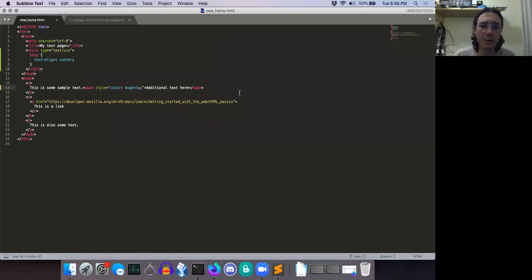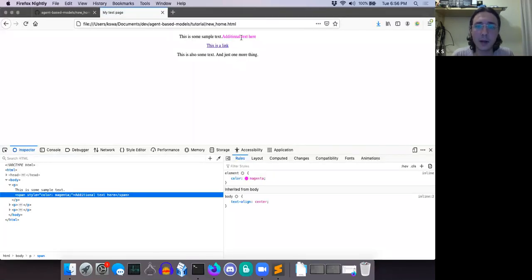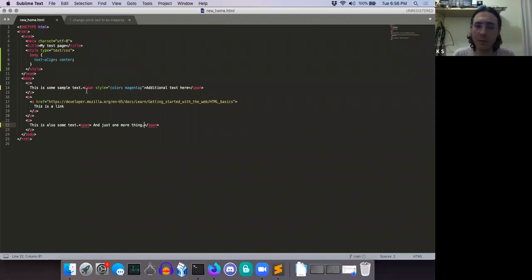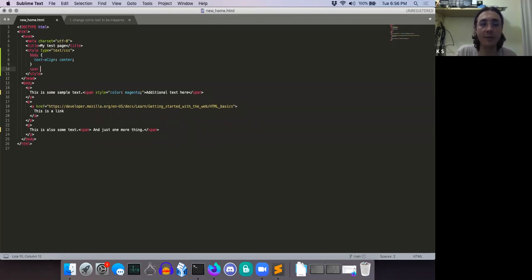Like if we added a new span, right? And we can add one over here. And we'll add a space, but we're going to get rid of this style. Just add some arbitrary text and we'll go ahead and load that. It's not going to be magenta. So you might think, well, I added a style to a span. Does that mean in my CSS, how I refer to body, or if I refer to span here,